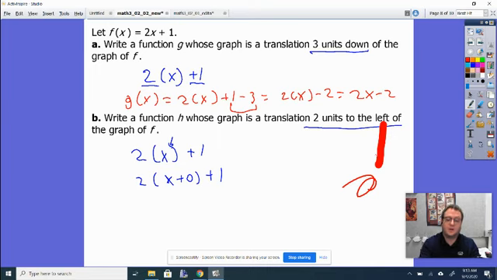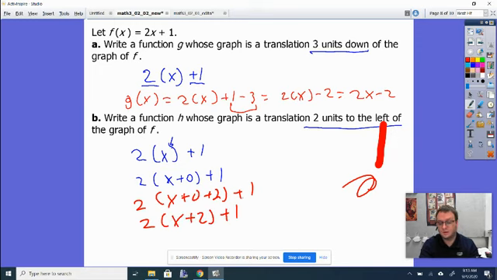Okay. So it's going to do the opposite of what makes sense. Since we're going left, we're going to add 2. So 2x plus 0 plus 2 plus 1. Okay, combine like terms. So 2x plus 2 plus 1. Okay, now